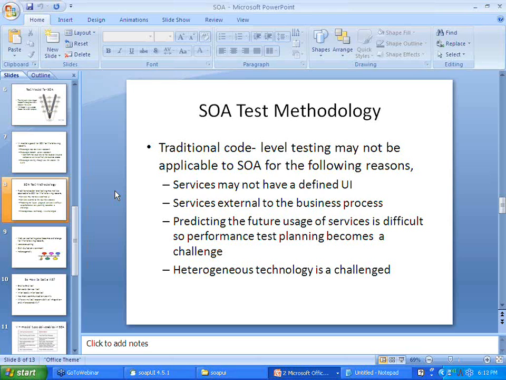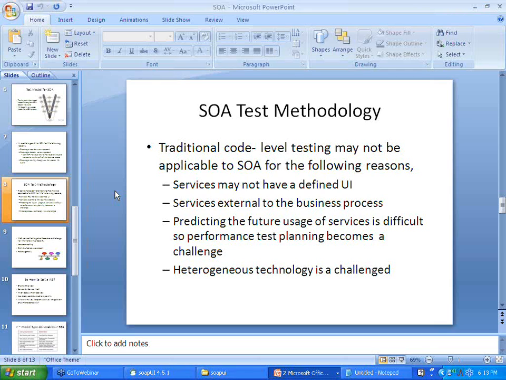Challenge 2: suppose I have a web service which gives me the stock details of a particular stock. That web service is not working out of the blue. It is referring to either the NSE website or the BSE website. So some services are dependent on external resources to complete the business process. I can assure that my web service is working correctly, but how will I assure that the NSE or BSE site is not down for some reason?